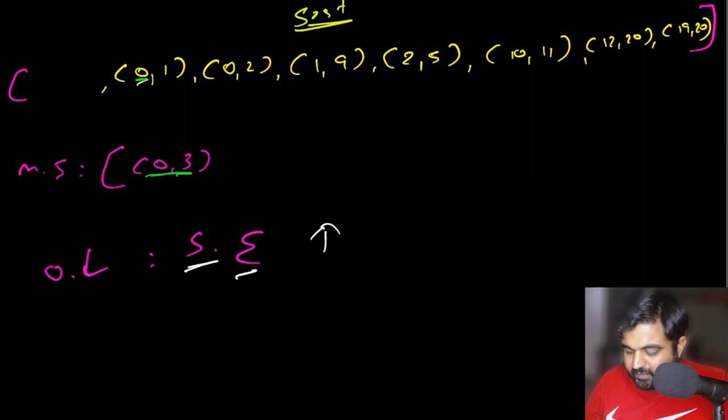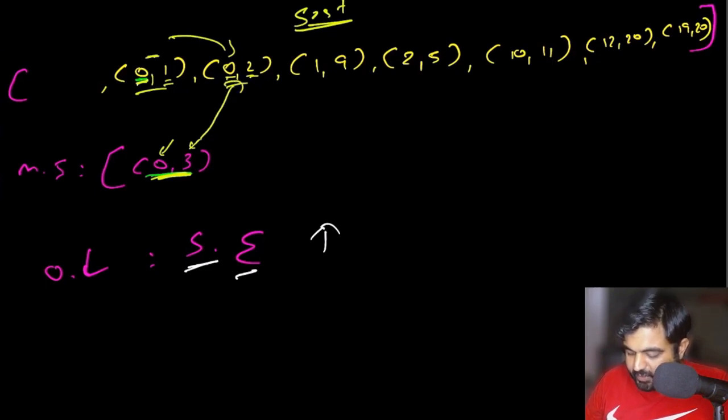So currently this value is 0, 1, this value is 0, 2. Again, 0 falls between the values 0 and 1, so there is an overlap. We are going to see, okay, what is the smaller value? 0. 0 is already present over here. What is the greater value? 1, 2. But we do not care about 1, 2. We will have to compare the greater value with this one, because this is the entry we already added. So now we are going to compare this 3 with this 0.